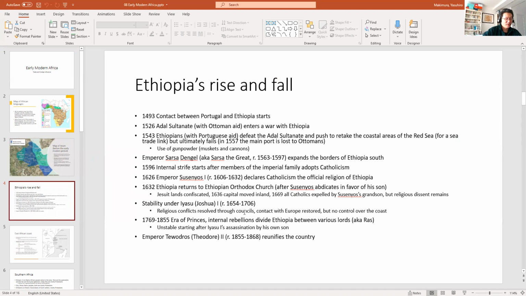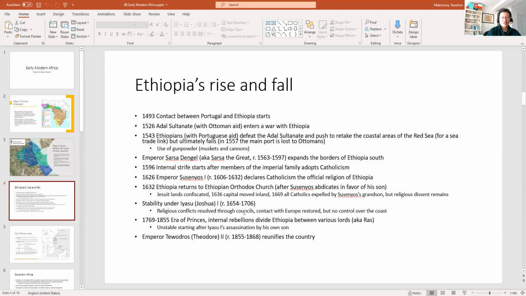This is 1 year after Columbus sails the ocean blue. Remember the story of those spies that tried to travel from Portugal to look for Prester John? Well, they discovered a Christian kingdom in the heart of Africa, and it was Ethiopia. And a little later, what happens is they will eventually come into contact with the Portuguese who round Africa and come to Africa from the south by boats.